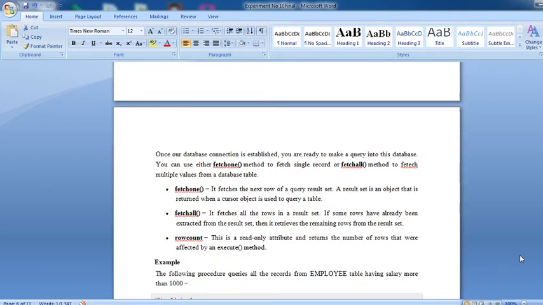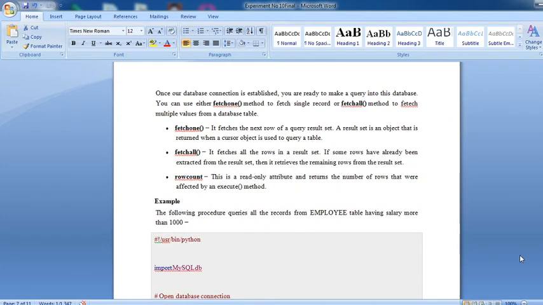Fetchone fetches the next row of a query result set, a result set being the object returned when a cursor object is used to query a table. Fetchall fetches all the rows in a result set. If some rows have already been extracted from the result set, then it retrieves the remaining rows. Rowcount is a read-only attribute and returns the number of rows that were affected by an execute method.